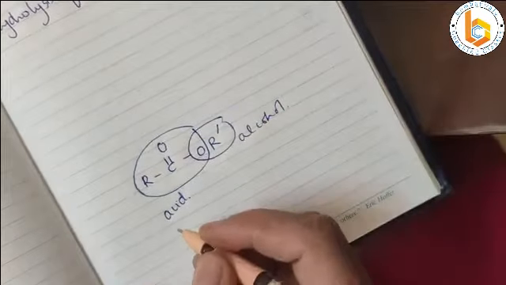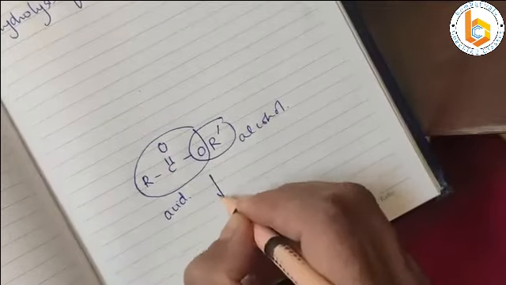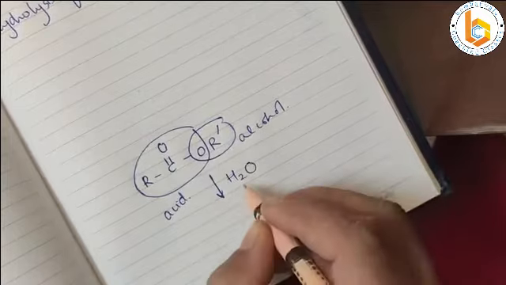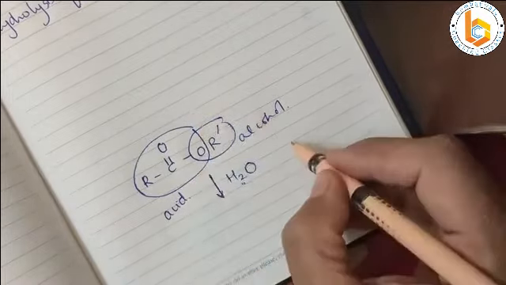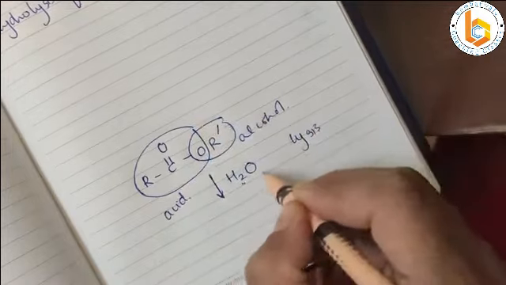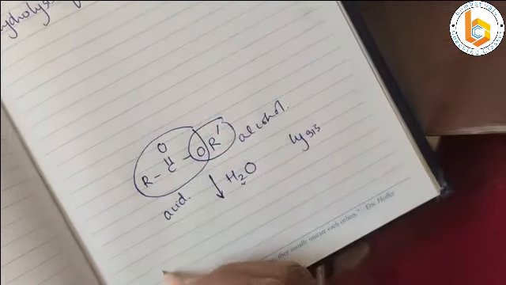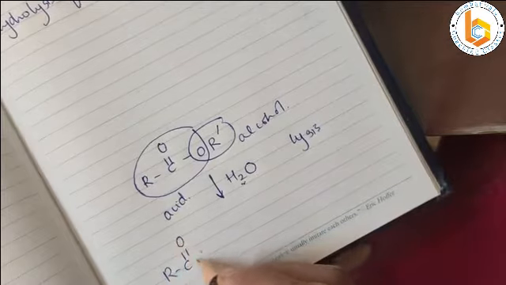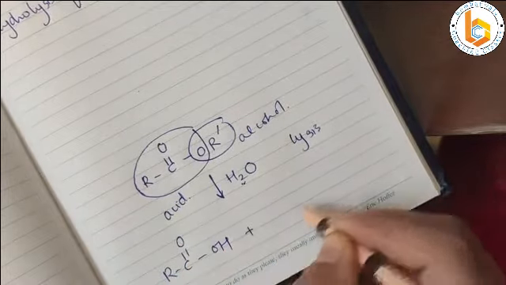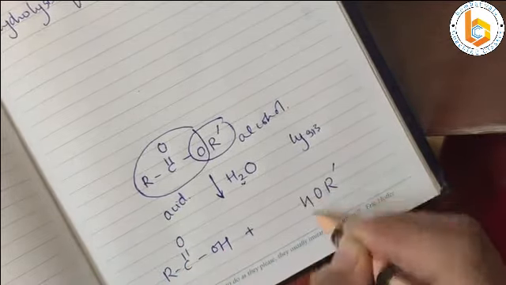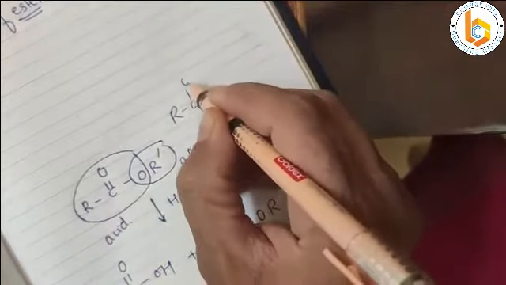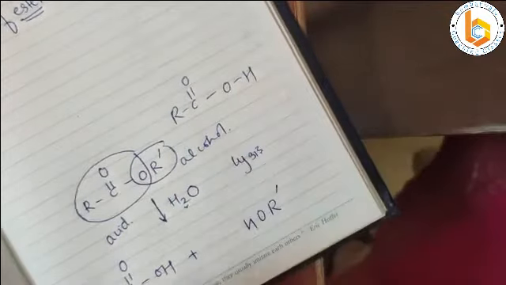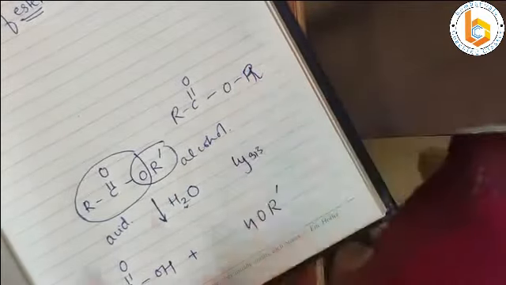Correct? So, when ester gets broken down, what is hydrolysis? It is breaking down in presence of water. It is lysis in presence of water. So, what will happen? R C double bond O OH plus R dash OH. How it comes? See, suppose I write acid like this once again. R C double bond O OH OR. This is ester, correct?